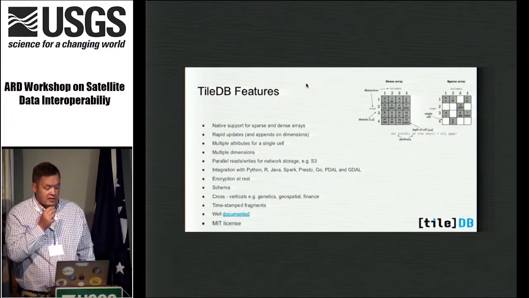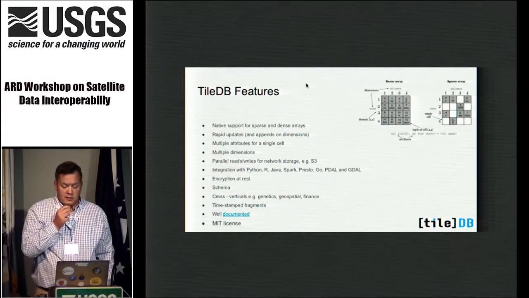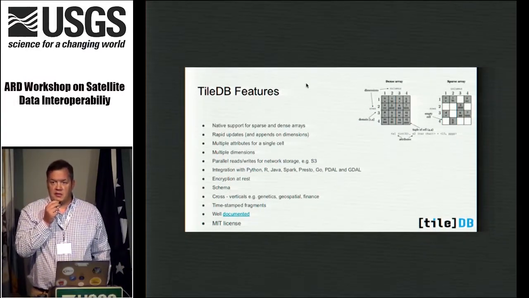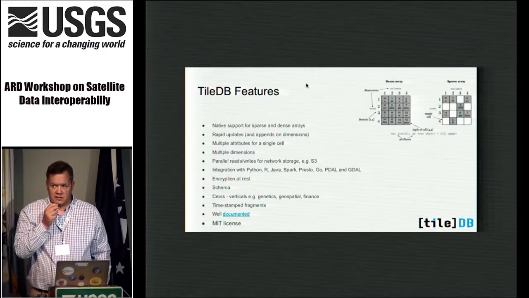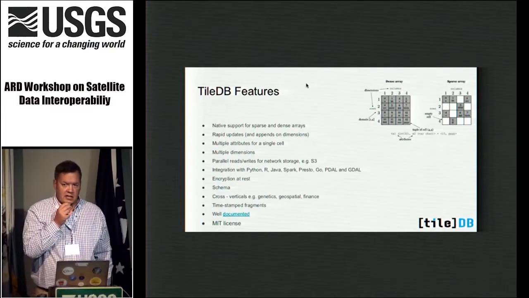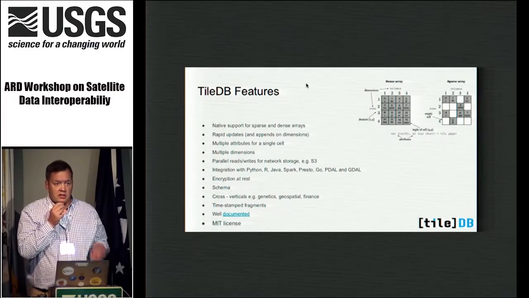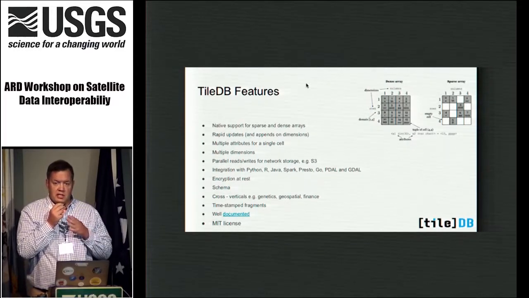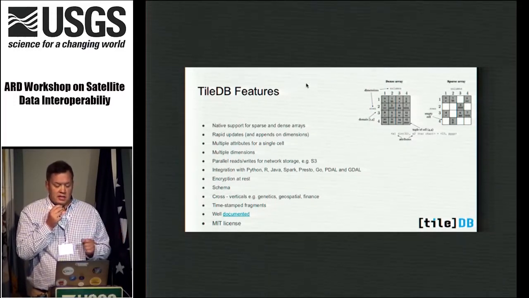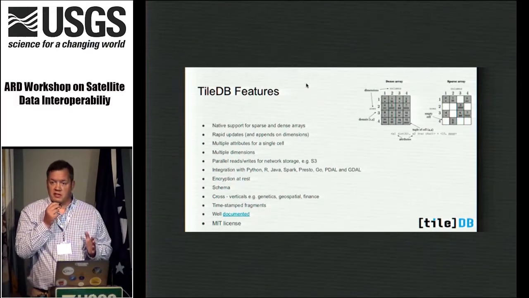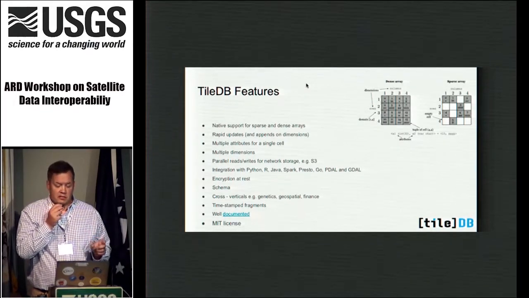So what are the features of TileDB? I think the most important thing is that TileDB was invented and modeled on sparse arrays first, then that was extended to dense arrays. So what do I mean by a sparse array? Well, if you think of a point cloud, it's high density in a particular region, and you can extend that globally. And then for a dense array, we're talking about your typical raster data set, which has an even pixel